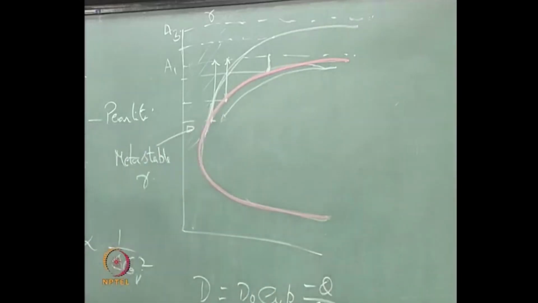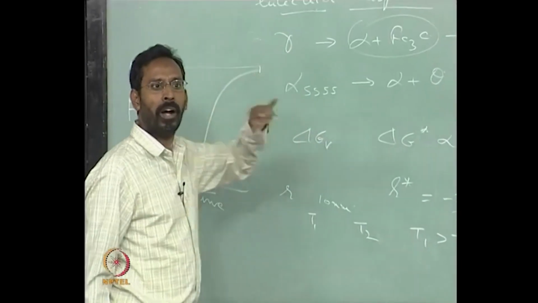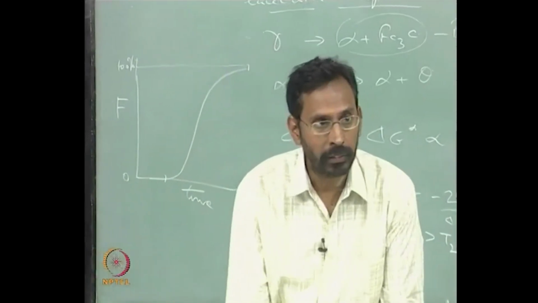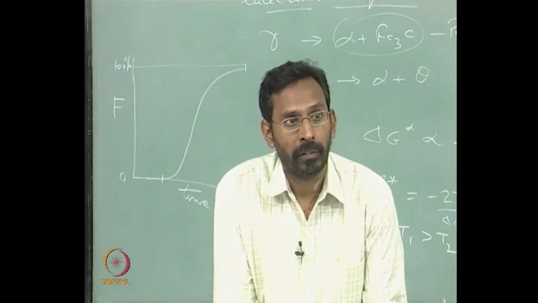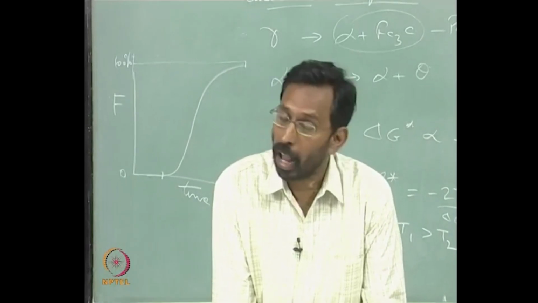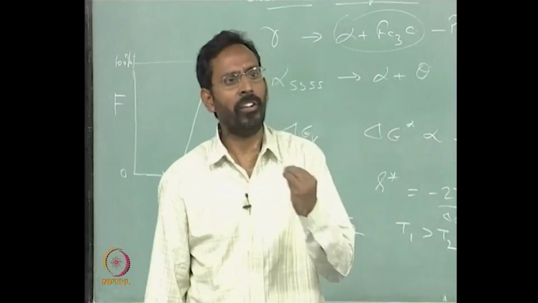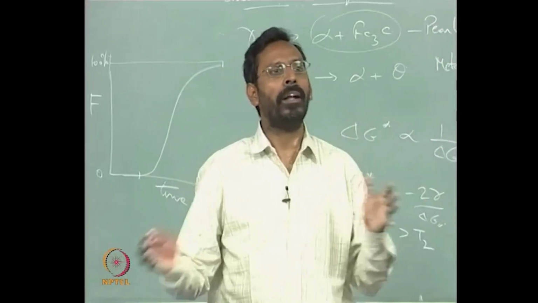and this is only the start of transformation, and you need to consider the end of transformation also, that means this part. So, for each temperature, as we decrease the temperature, won't the R star also decrease? Yes. So in principle, even as the time increases, the R star keeps decreasing. R star keeps decreasing, but though the R star is decreasing, however small it is, for it to form, you need atoms to come together,